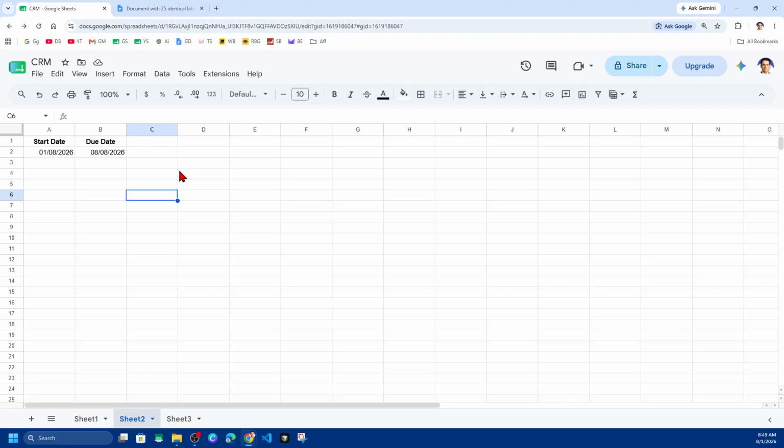Okay, so there are several ways to create these due dates in Google Sheets depending on what you need. So now here are the most common methods. So method one is to add a number of days to a start date. So if you have a start date and want the due date to be a certain number of days later,